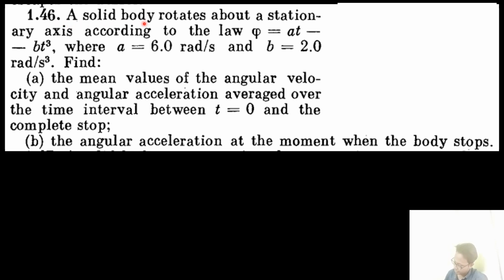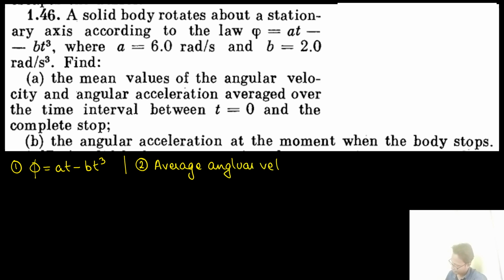Okay, now let's look at this question. A solid body rotates about the stationary axis according to the law phi is equal to 80 minus bt cube. That means angular displacement phi is given as 80 minus bt cube. Find the mean value of angular velocity and angular acceleration averaged over the time interval between t is equal to 0 and complete stop. So I need to find out what the average